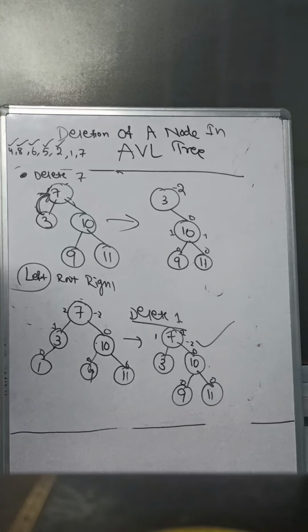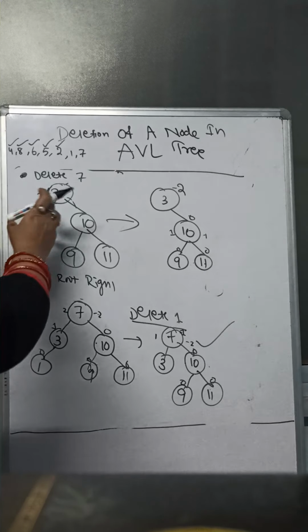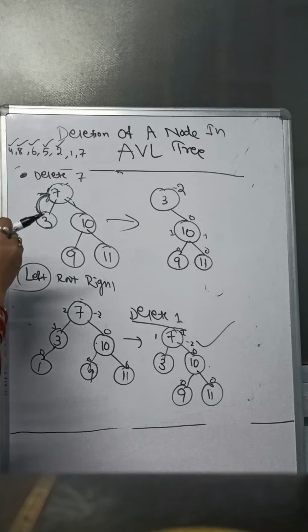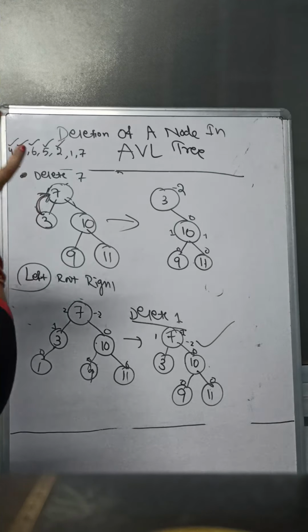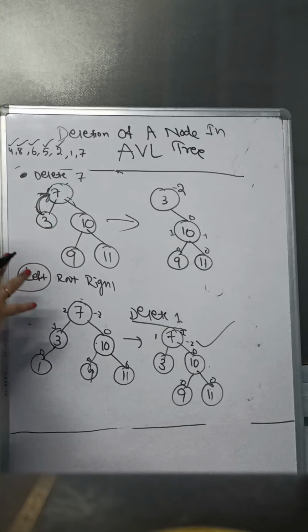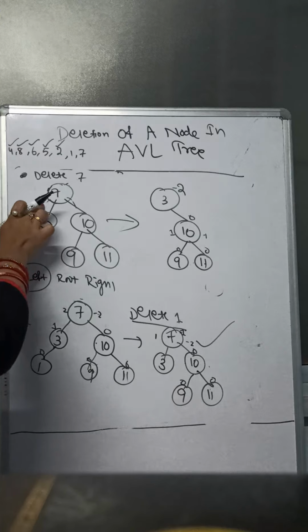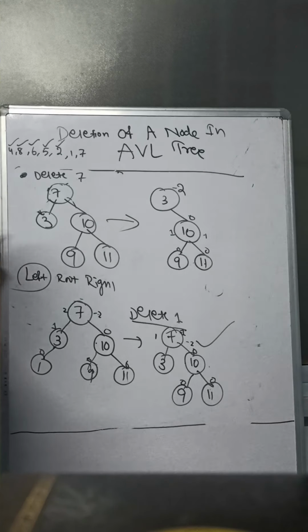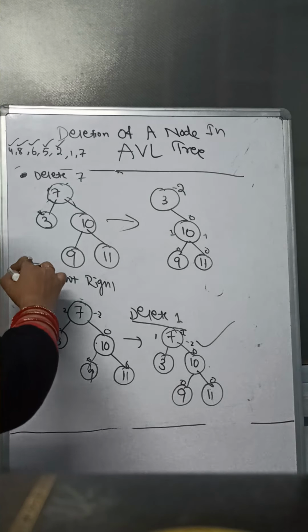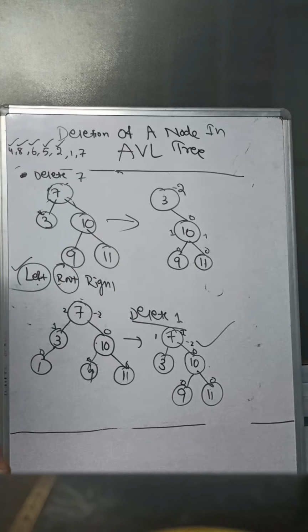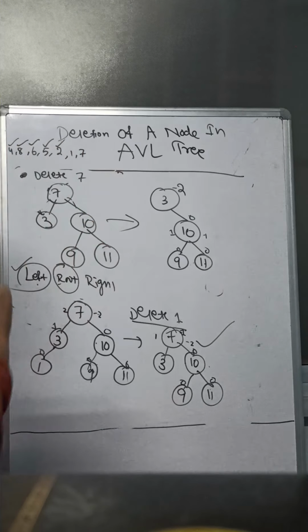So here I have to do the final rotation. Here I have to think about which node should be taken as the root if the root node is deleted. Here I have to apply the inorder rule, meaning the immediate predecessor of the root is on the left side according to the inorder rule: left, root and right. So if the root is deleted, the left must replace its position. So accordingly you have to change its position.